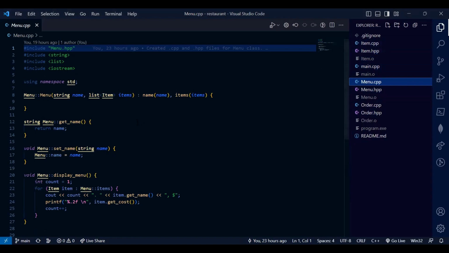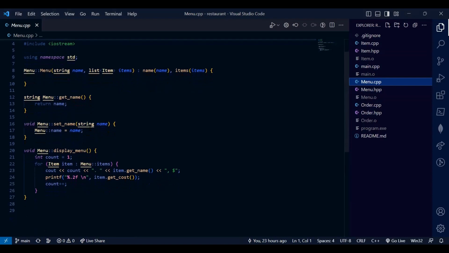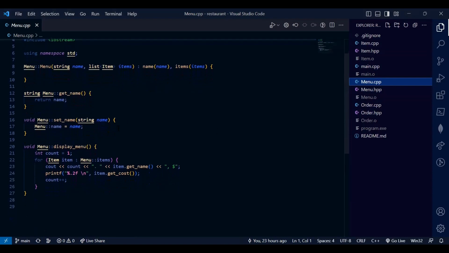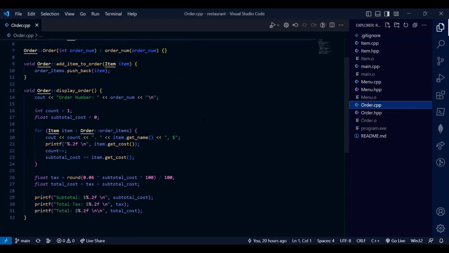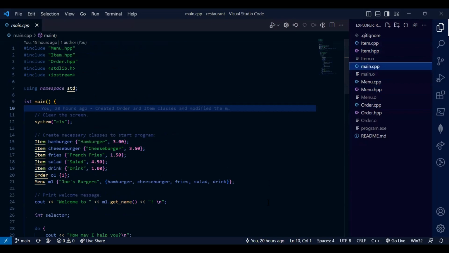So that the menu has the list of all the items, and you can look at the menu. I'll show you that in just a minute. Whereas the order allows you to add items from the menu to your order so that you can then check out and see your bill total. So let me just show you what I have when I